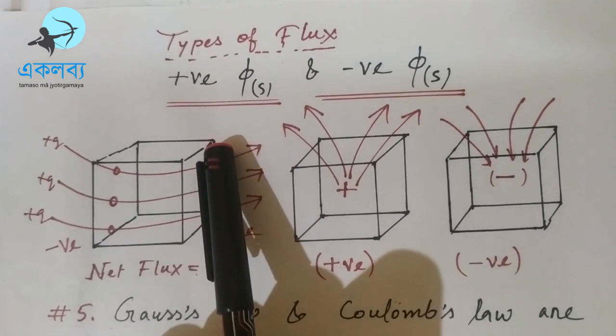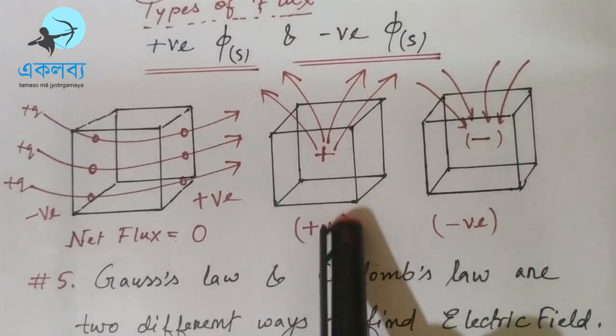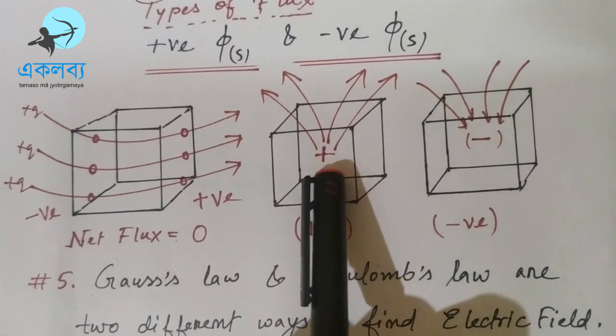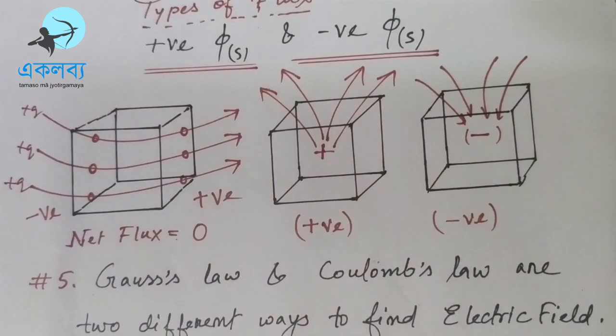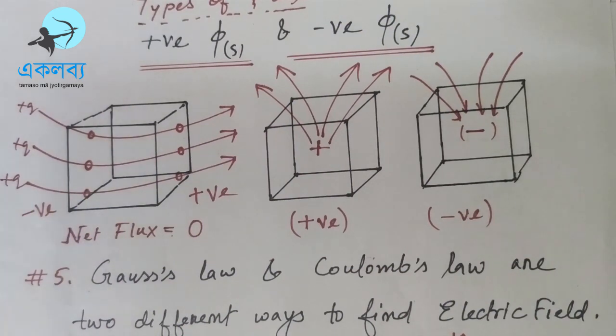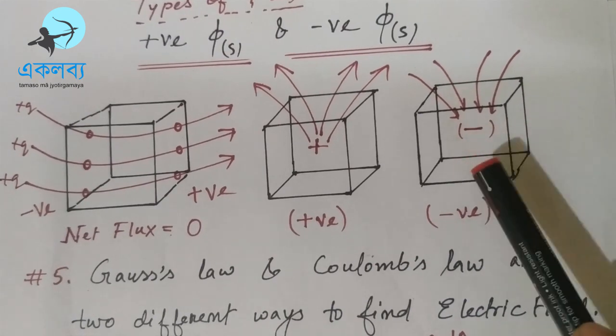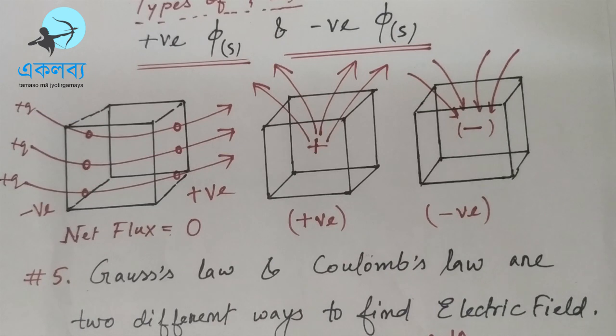The flux can be negative, in some cases positive, or in some cases the net flux may be zero. Take the example of the cube here. At the center we have placed a test charge Q, or a charge Q. We can see the electric field lines are moving out of the surface. So remember, when electric field lines move out of a closed surface, we get positive flux. Second one, to our right, a negative charge is placed inside the closed surface. And you can see the lines go into the surface, and we have negative flux.